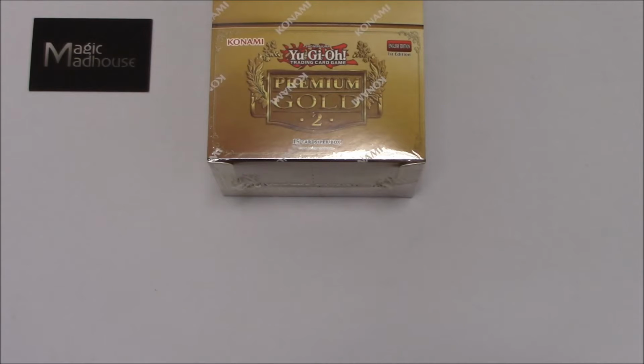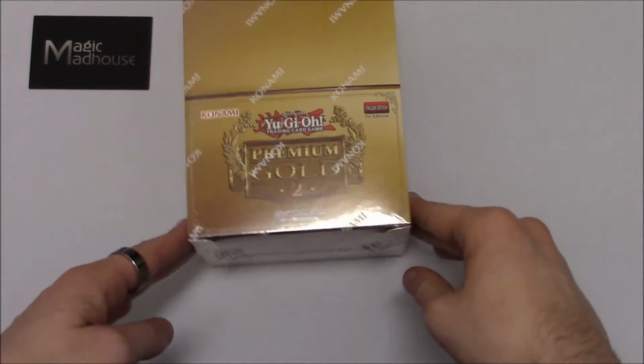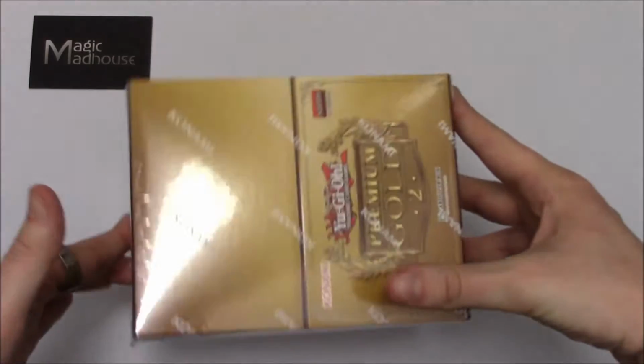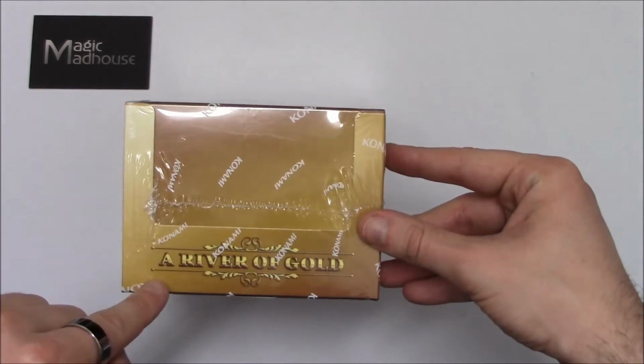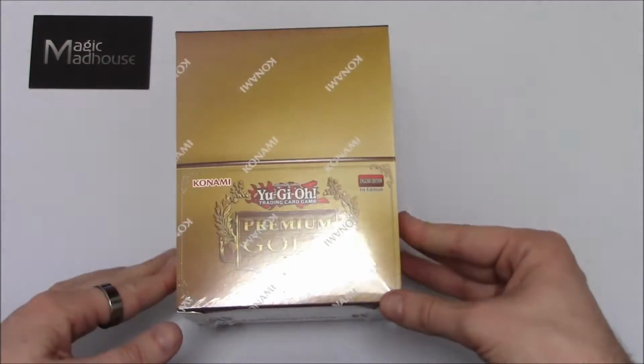Premium Gold 2 has just come into the office. This is the first box that we're going to be opening here in the office, just so I can show you exactly what you get. This is actually a whole case of packs of Premium Gold 2. In America it's called Return of the Bling. Over here, slightly classier, River of Gold, but exactly the same product in terms of what the cards that you